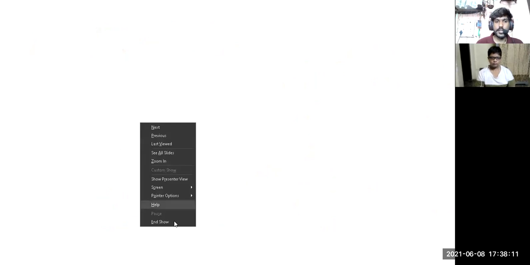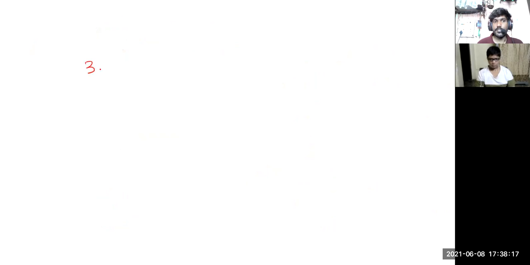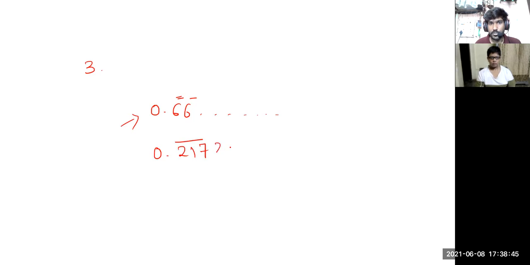If you have noticed one thing, in those sums which we converted, suppose there was 0.6666666. Here it is recurring. 0.6 is repeating itself. So when it is repeating itself, it will be rational. Even if suppose there was one sum 0.217, so 217 was recurring, that means 217, 217 and recurring.